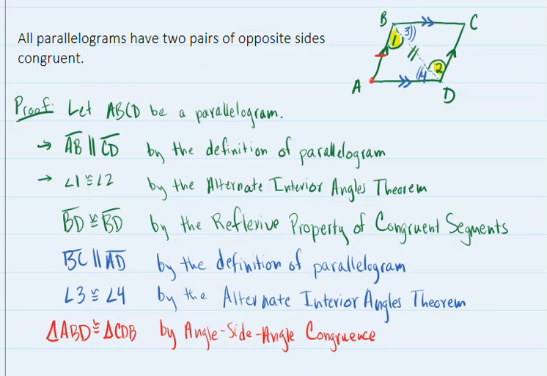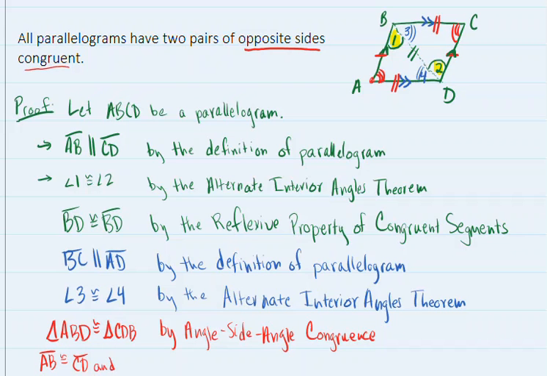So that would imply that AB is congruent to CD, and it also implies that BC is congruent to AD. And not only that, it would imply as well that angle A is congruent to angle C. So we have 6 corresponding parts that are congruent, but this proof is not really just asking for all 6 parts, it is only asking about opposite sides being congruent. So as our final statement, all we have to do is say that segment AB is congruent to segment CD,